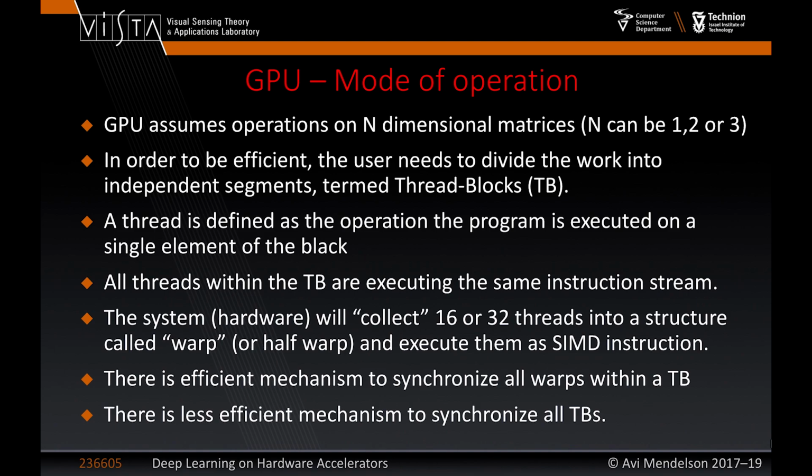You have a mechanism to synchronize, but they are much slower at the level of between thread blocks, etc. So a thread by itself is defined as all the operation of the program executed on a single element of the block. So it can be 1 dimension, 2 dimension, 3 dimension. What you define as a thread is always the operation that you are doing on a single element. So there is no notion of vector, there is no notion of parallel. When you write a system, you write like you have only a single point